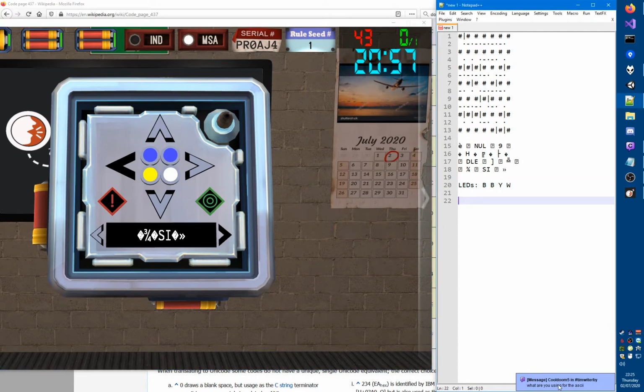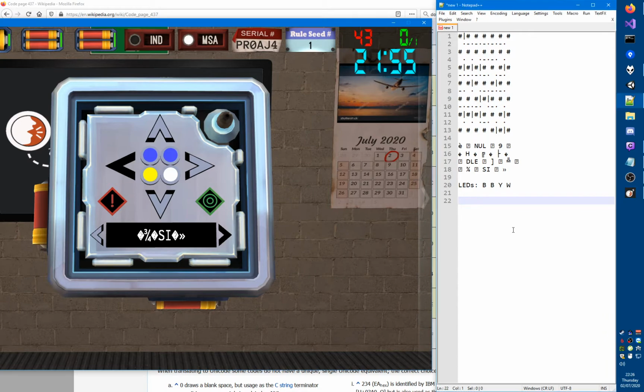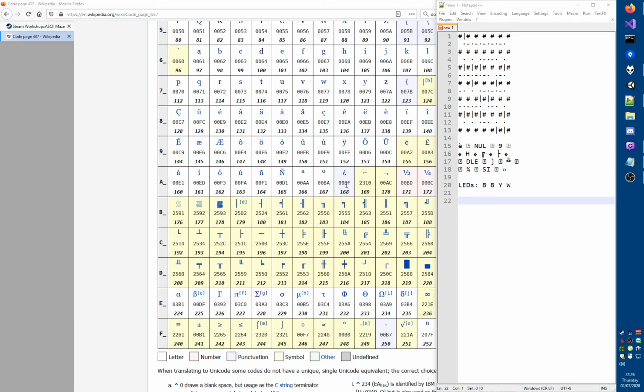What are you using for the ASCII? So it appears that the module uses FFFD to separate out the characters, yes. However, I noticed there is an FFFD here at the end of the line and another one at the start of the line. In fact, there is one at the start and end of every line, except the start of the first and the end of the last. Anyway, I'm going to close this down now, and I'm going to look at the assembly